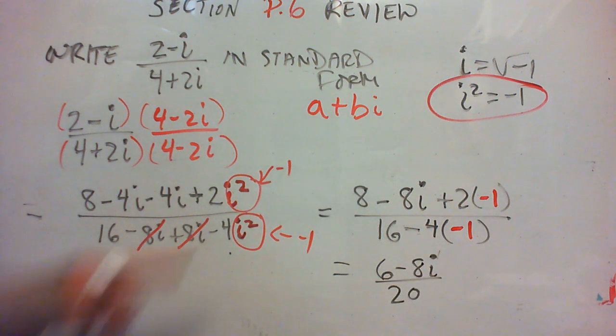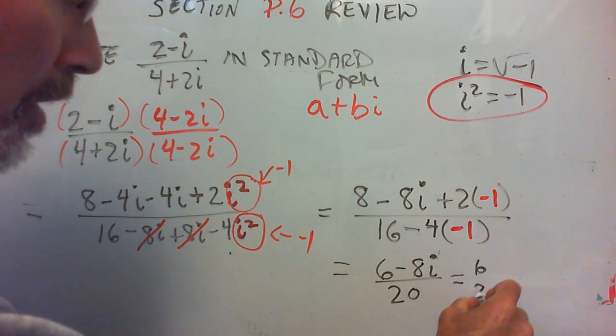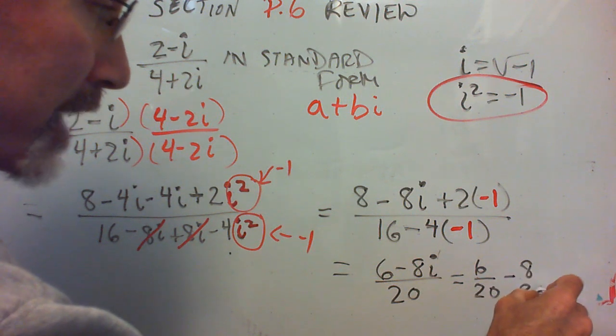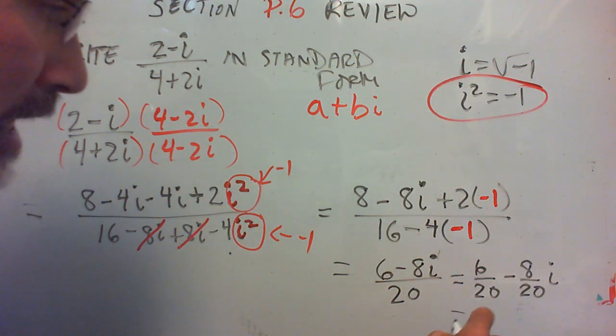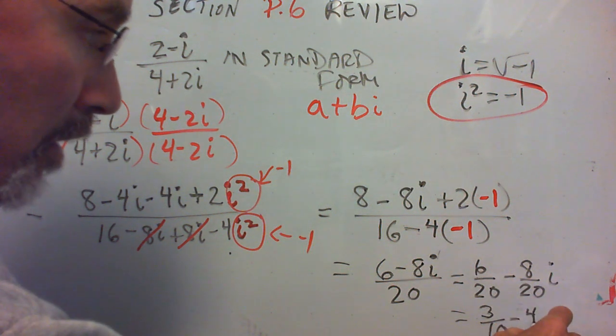Now that's not a plus bi form. What you have to do is then split it up into two fractions: 6/20 minus 8/20 i, and those can then be reduced to 3/10 minus